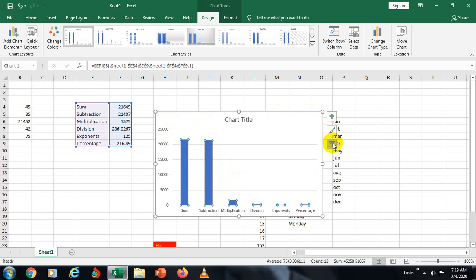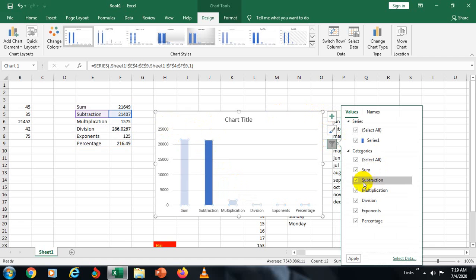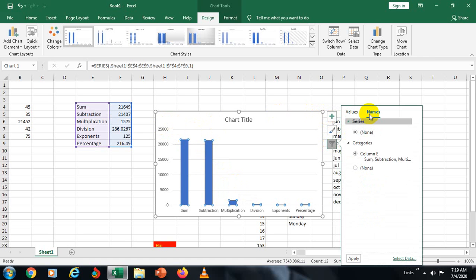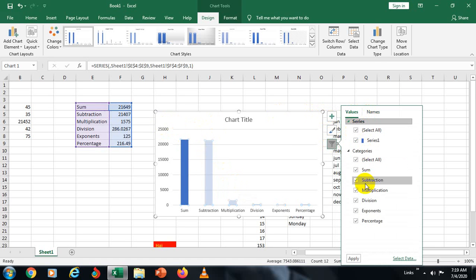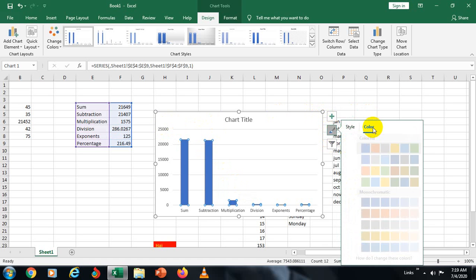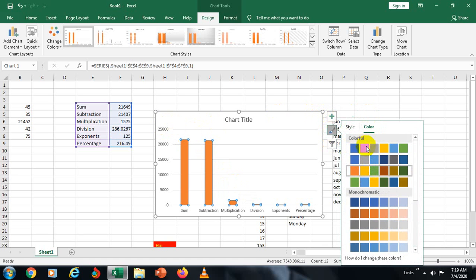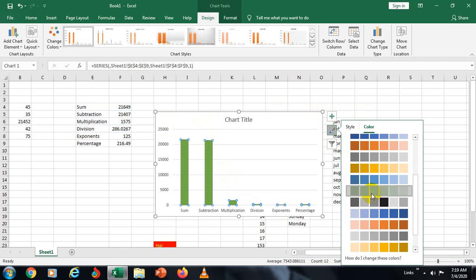If you want to change anything, just go here. Change the color also. So the tabs are also there.